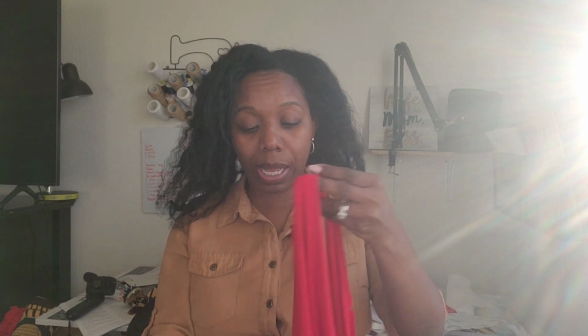Okay. I actually went down 2 sizes and cut out the size 4. The one I just showed you is a size 8. But when I came back to it, I cut out the size 4. Now, everything was going just great. But